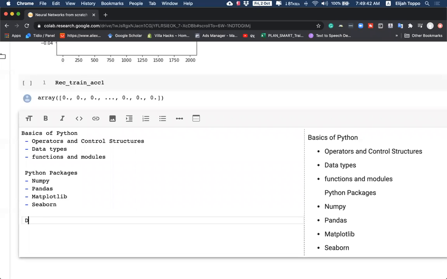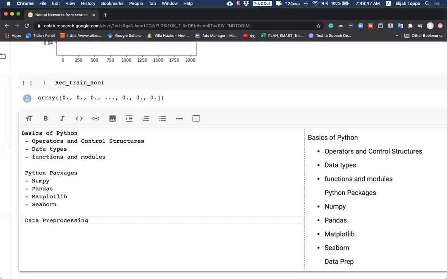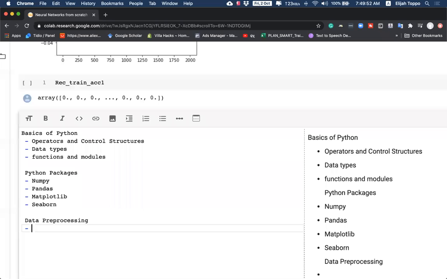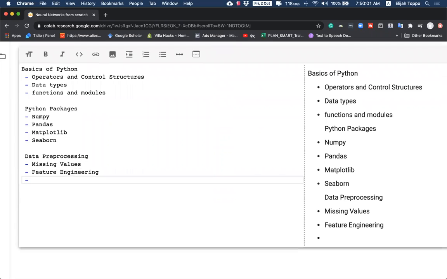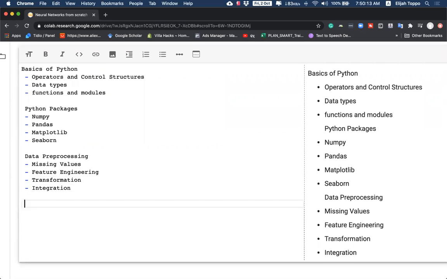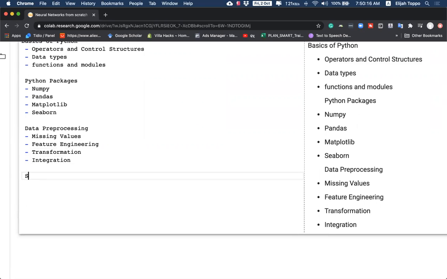We then went into data preprocessing. Here, the key parts were missing values, feature engineering, transformation, integration, and so on. We went to our supervised